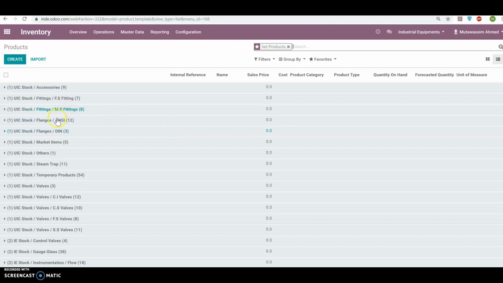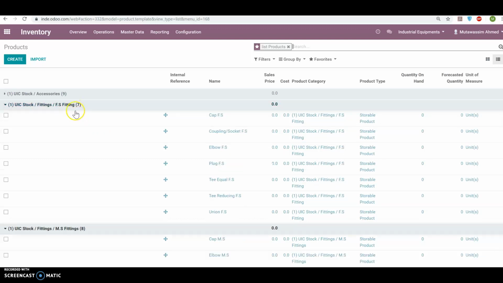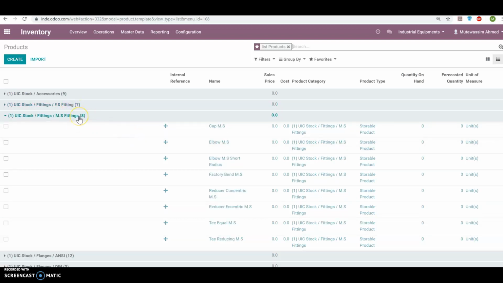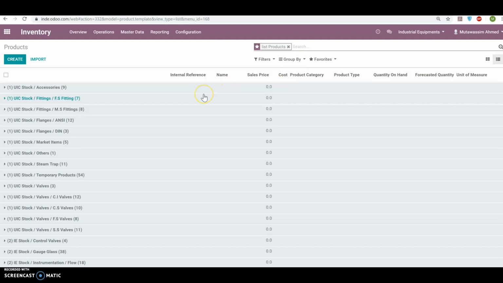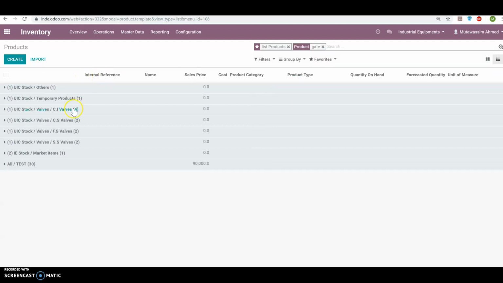Hi, my problem is that my products are very complicated and I need to search them efficiently and quickly. One example of this can be given right here. If I select one of these products, for example, angle 12,